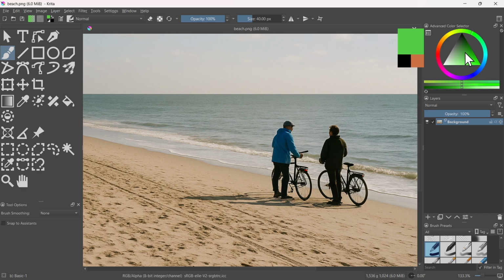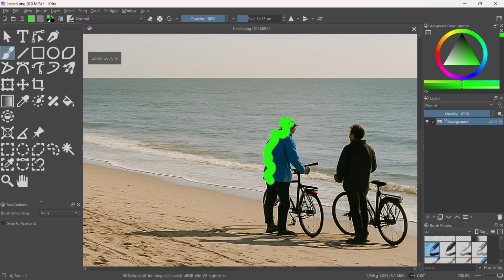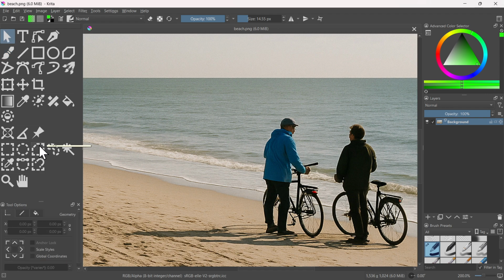And normally you would go here, select the brush, and let's just color him with the red, with the green color. So if you want to select this, you could adjust this and just color him like this. You clearly see you can make a lot of mistakes if you want to color him this way because it's not accurate. So the best way to do it with accuracy is first by clicking on this polygon selection tool,